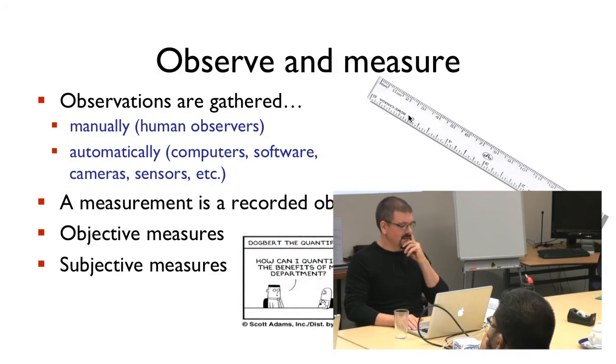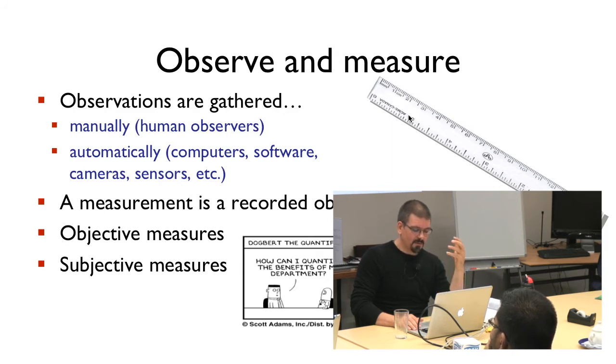We were quickly talking about this, I think last time, a quick note on measurements. So we're talking about objective and subjective measurements. In the end, a measurement is basically every observation you gathered and somehow noted down somewhere. That constitutes a measurement. How you do that is another question. So a measurement is a recorded observation.